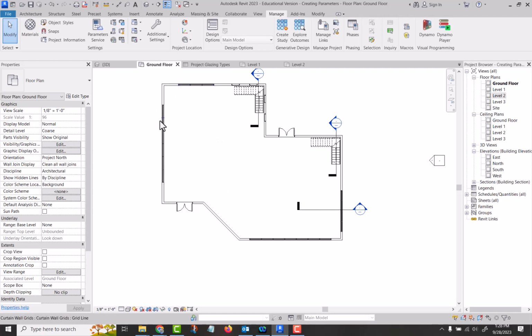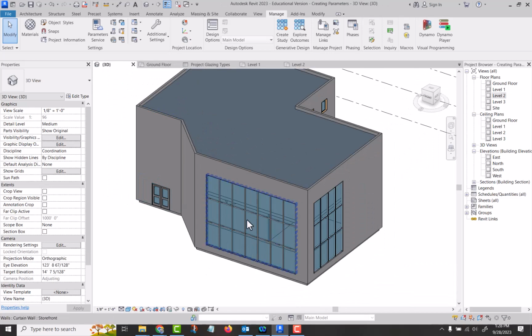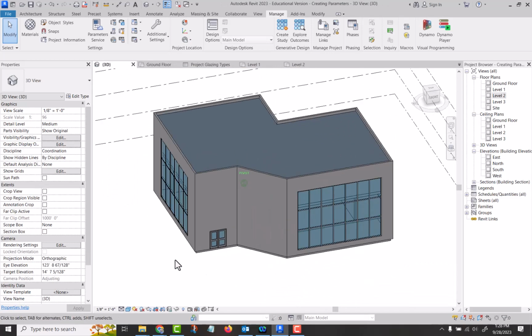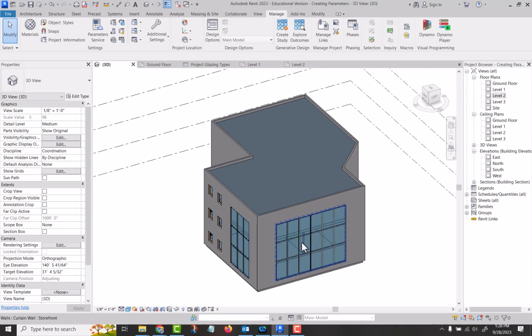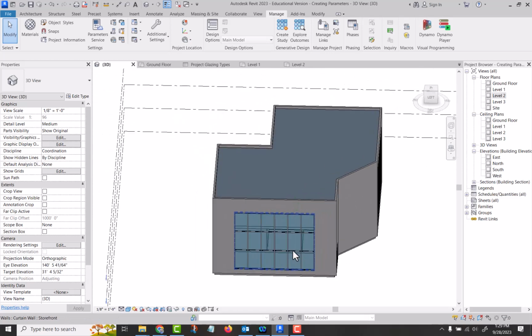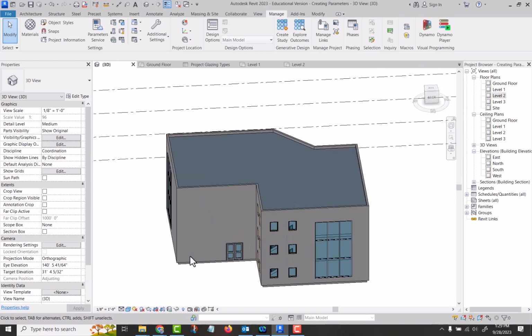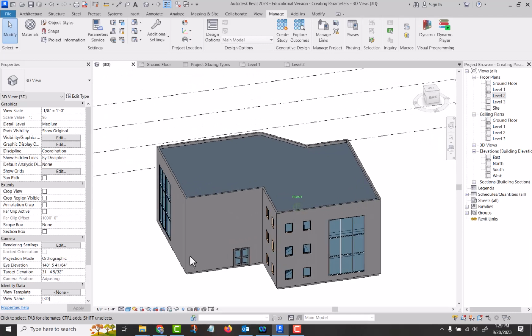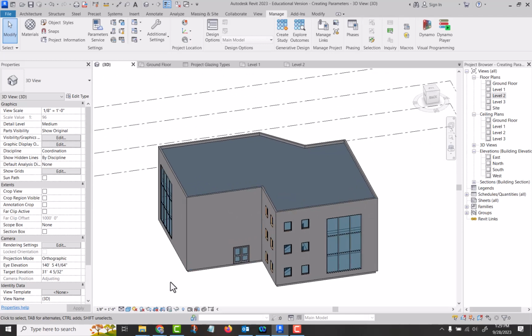is I will change a couple of these so that they're not ground floor based. I'll leave these two the same, and I'll change these back here on the back side of the building so they're individual levels. All right, so what I'm going to want you to do as far as this project goes